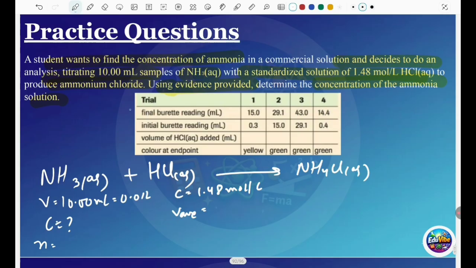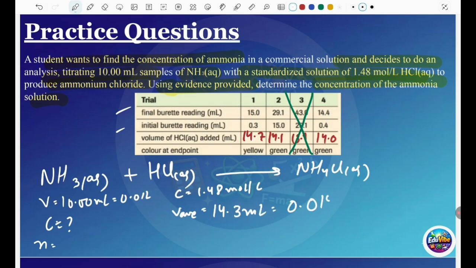So basically, you know how to do this: final minus initial and get the values. So 15.0 minus 0.3, you get 14.7. 29.1 minus 15.0, you get 14.1. 43.0 minus 29.1 is 13.9. 14.4 minus 0.4 is 14.0. You have to cut one value, which in this case is the third one. So now you add 14.7 plus 14.1 plus 14.0 and divide by 3, and you will get about 14.3 ml, which in liters